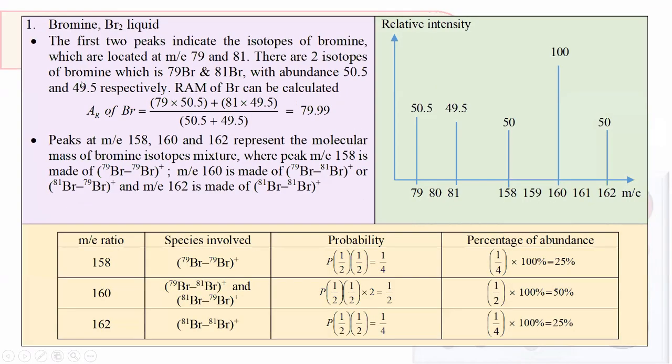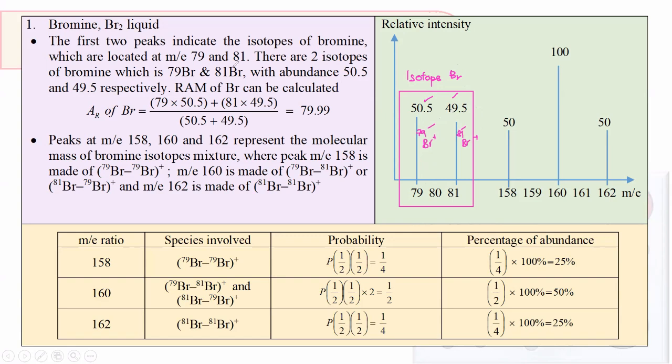Second example is bromine. So similar to chlorine, the first 2 peaks, because bromine exists naturally as a diatomic element also, will represent the isotopes of the bromine in here, where the isotopes of the bromine are 79 Br+ and also 81 Br+. Okay. So you can make use of the abundance multiplied by the isotopic mass to get the relative molecular mass